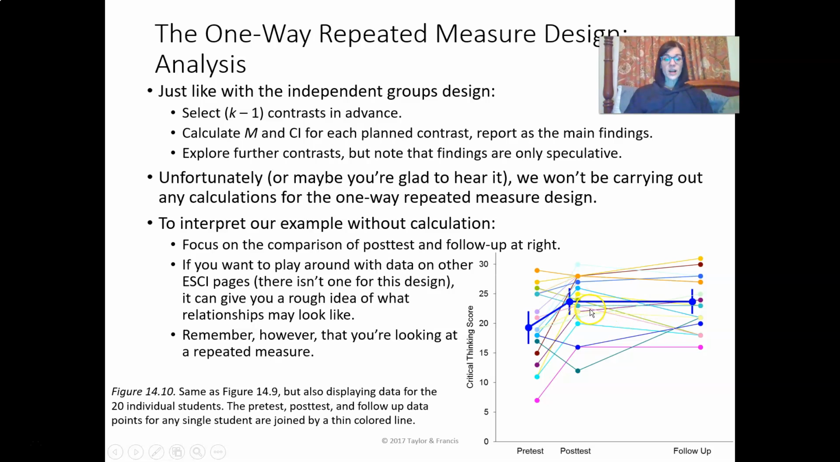Notice that we're kind of staying at the same level. If you want to play around with data on other ESCI pages, this can give you a rough idea of what you could expect, but remember that you're looking at a repeated measure, so looking at things like overlap is not going to be helpful. What's probably really important to note here is that if you look at each individual data point, for the most part, most people are not decreasing from post-test to follow-up. We do have a couple of cases of people who make very severe decreases,